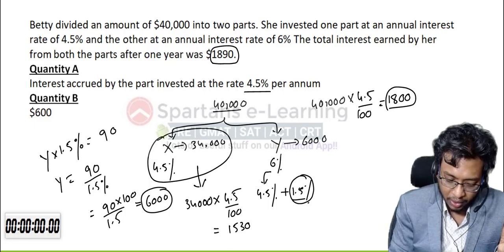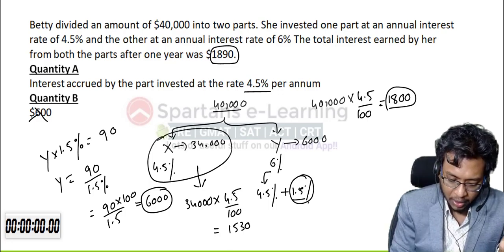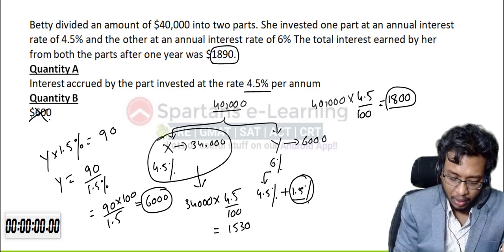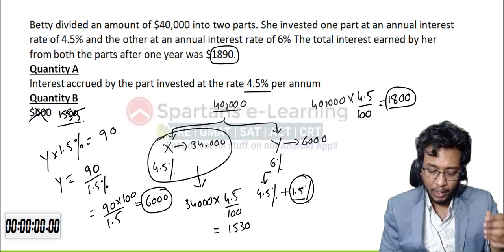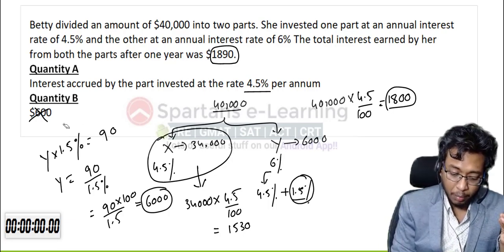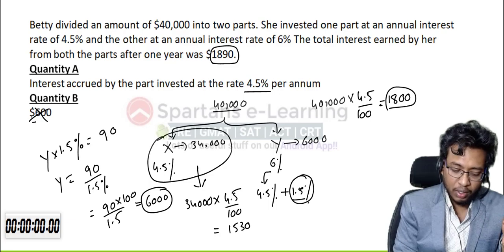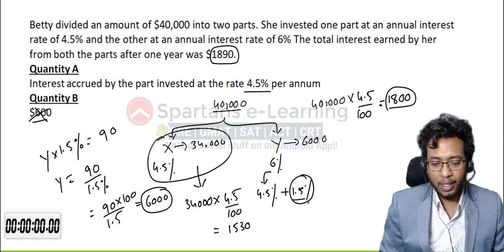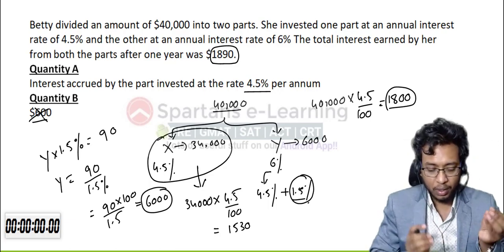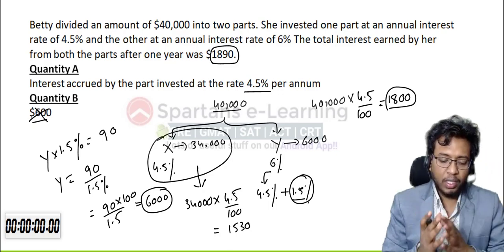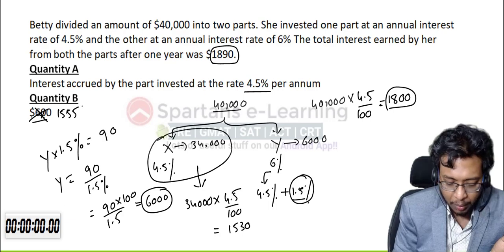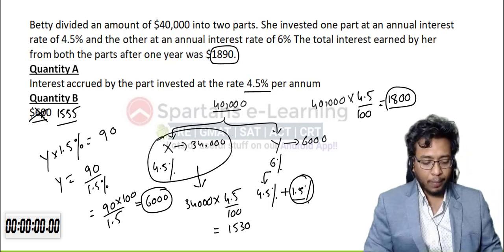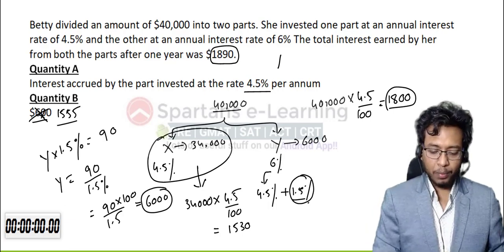So instead of this value, to make it even better and more confusing, I should give this as 1500, something like this, 1500 or 1555. So this value should be like this, right? Otherwise there are chances that people can guess it, because the 600 is less than 1500, right? Even that way people can solve the question. But to make this question better, quantity B should be 1555, something like that, nearer to 1500. Okay, so your answer for this question will be option A.